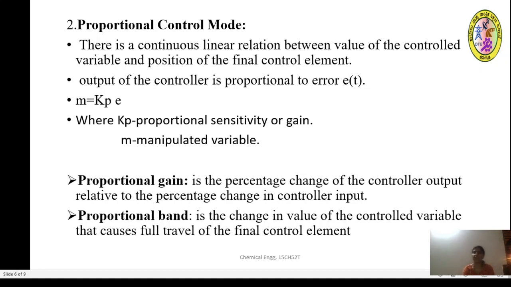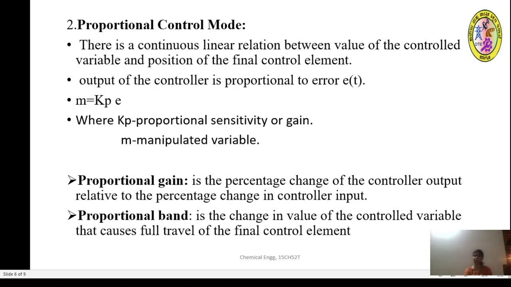So what is a proportional band? The proportional band is a change in the value of the control variable that causes full travel of the final control element. When the output is compared with a set point, whatever change we have got is imposed on the final control element in order to cause the full opening or closing of the final control element.